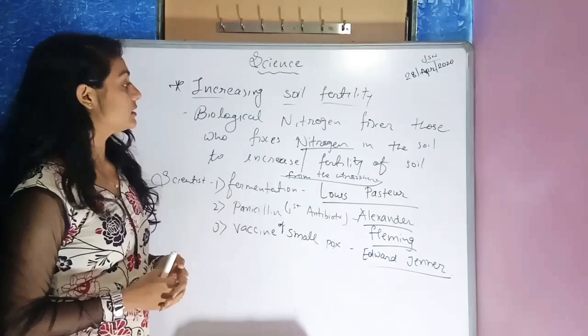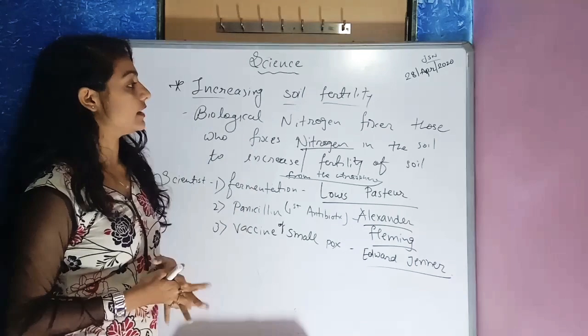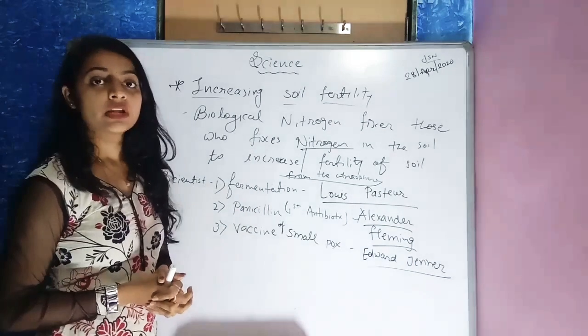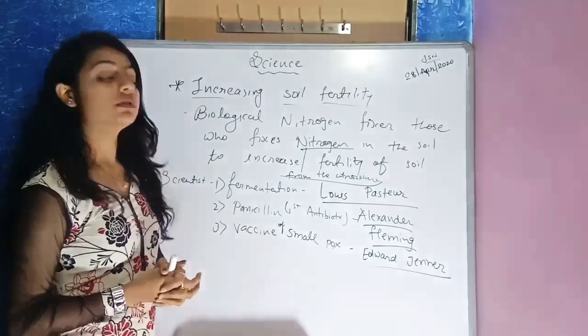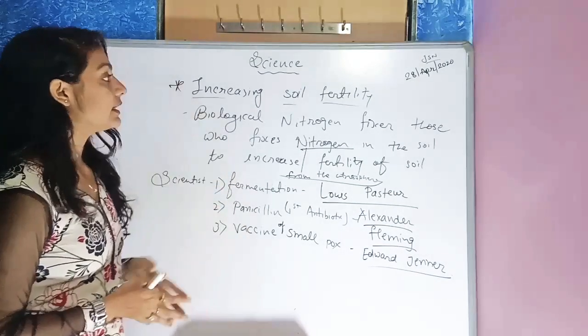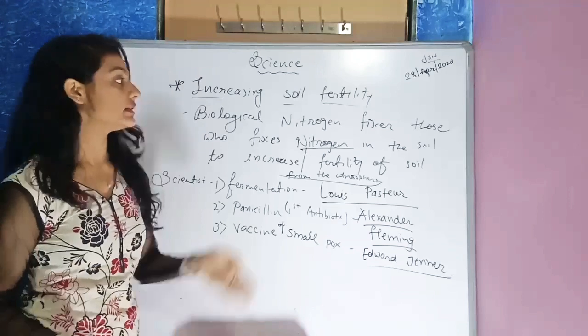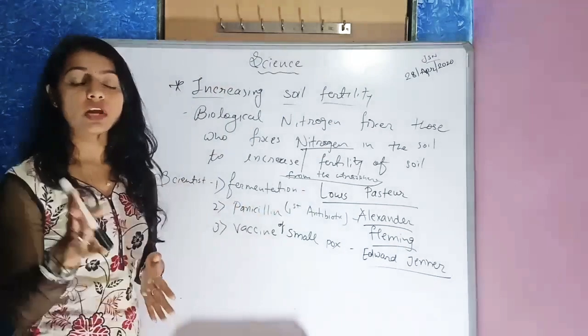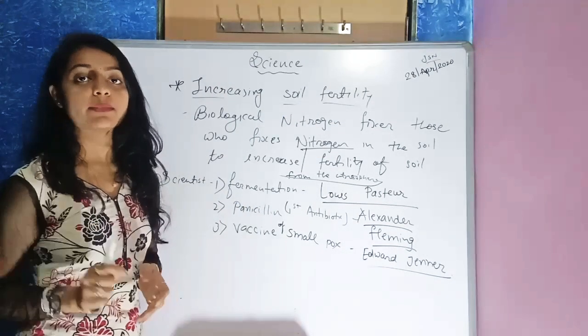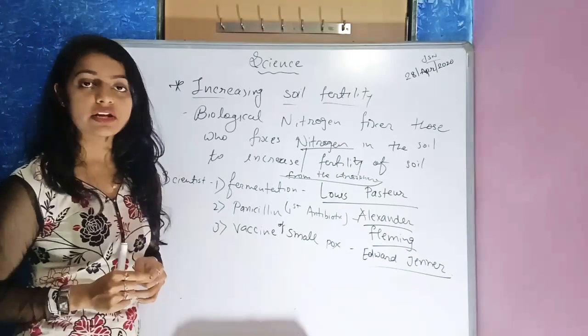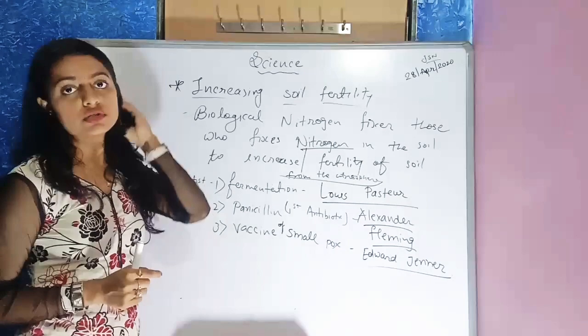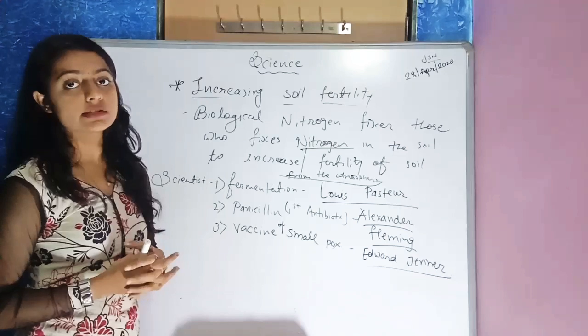So who will fix nitrogen? Biological nitrogen fixer, those who fix the nitrogen from the atmosphere. So this is increasing soil fertility. Soil fertility कैसे increase होगी? By fixing the nitrogen. Who will fix that? Biological nitrogen fixer. Rhizobium bacteria is the example of nitrogen fixer. Rhizobium bacteria will take the nitrogen from atmosphere and it will fix the nitrogen in the soil to increase the